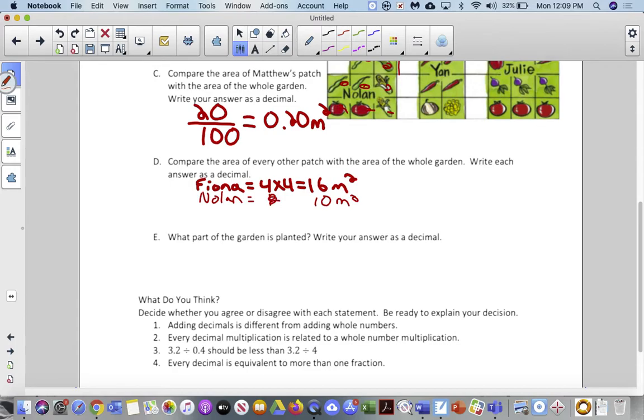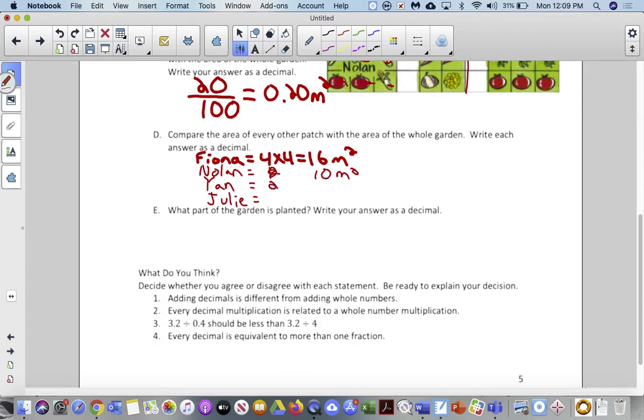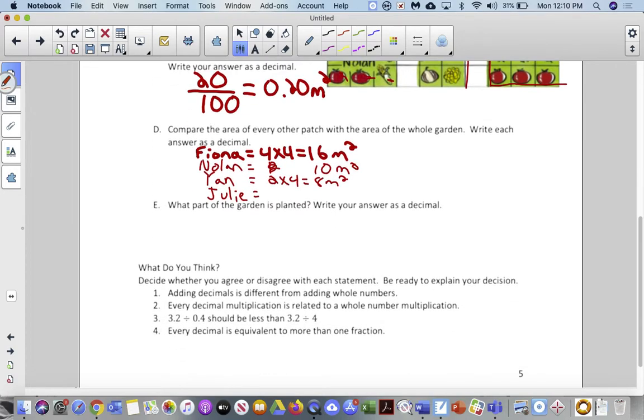Next up would be Yan, and then also Julie. Okay, so Yan would be 2 by 4, which would be 8. So Yan is 2 times 4, which is equal to 8 meters squared. And the last one is Julie, which is 1, 2, 3, 4 by 1, 2, 3. 4 by 3 is